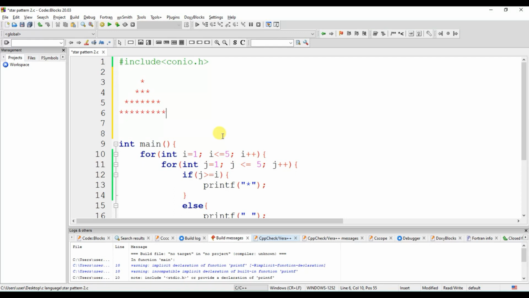So we are going to create a star pattern kind of this, which is a pyramid.